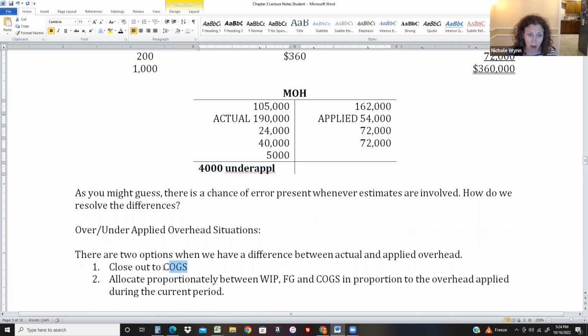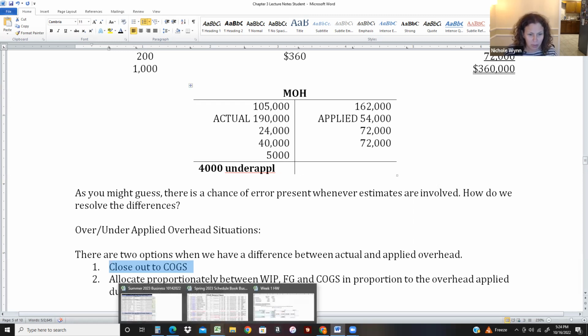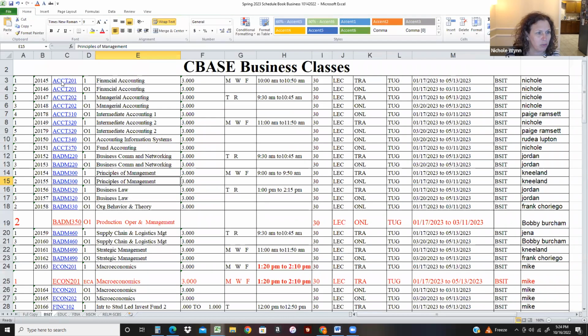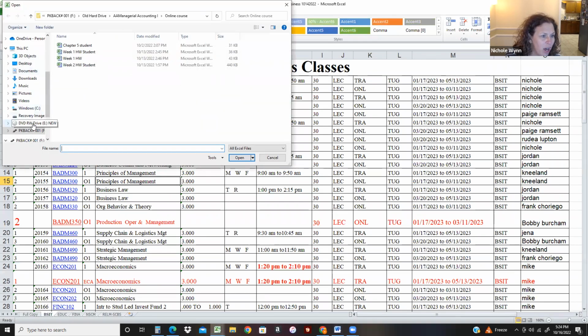So there's actually 2 options on how to close it. You can just send it all to COGS to close it out, or you can allocate it. So I want to show you guys something. Let me go here. I'm building the spring schedule, so that's what that is. But let me go ahead and pull up